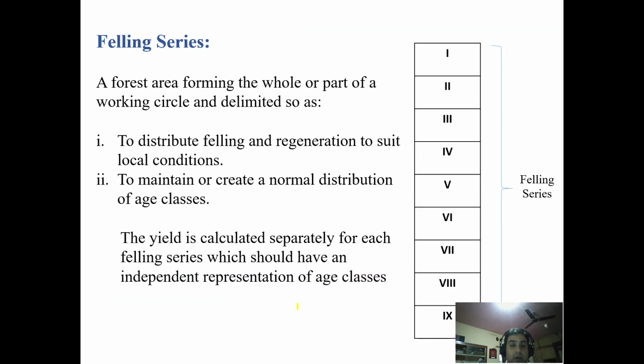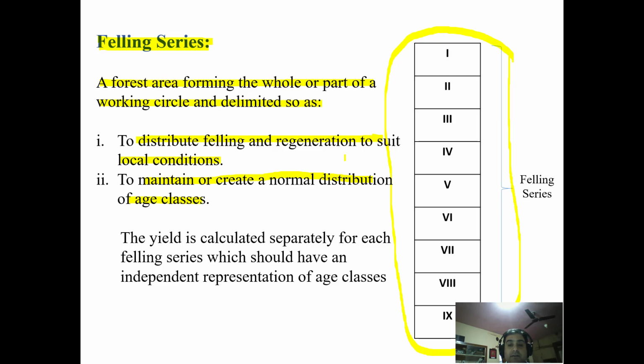Now, what is the classification below the working circle? We have the felling series. It's a forest area forming the whole or part of a working circle. Further, the working circle may be divided into felling series, and this is the illustration for the felling series. Now, why is it done? Why do we divide a working circle into felling series? This is to distribute felling and regeneration to suit local conditions and to maintain a normal distribution